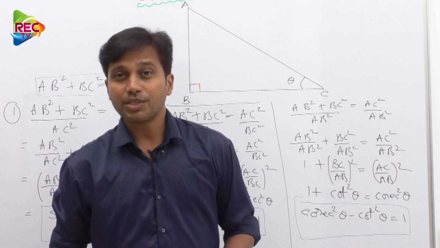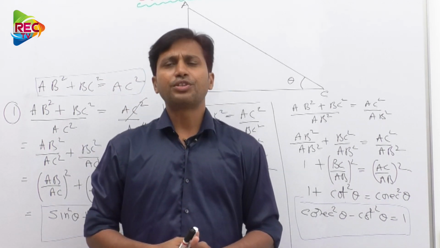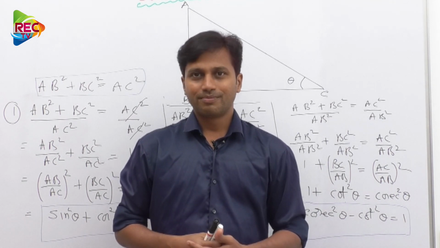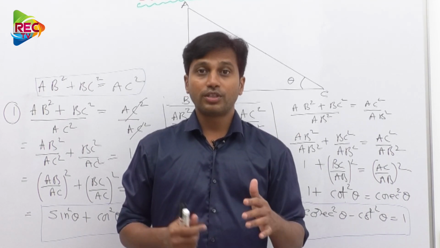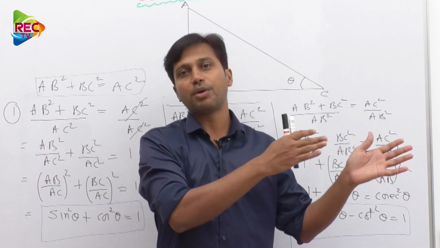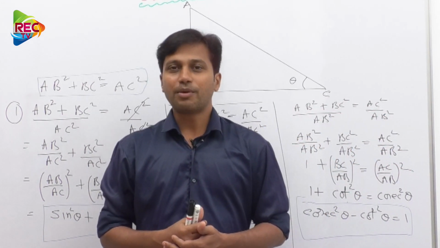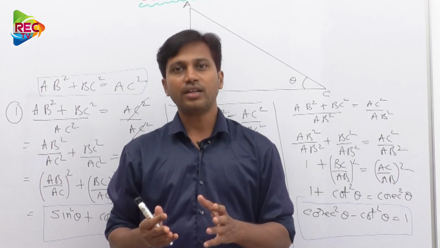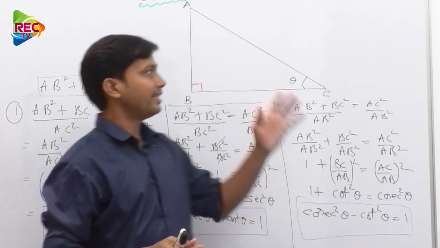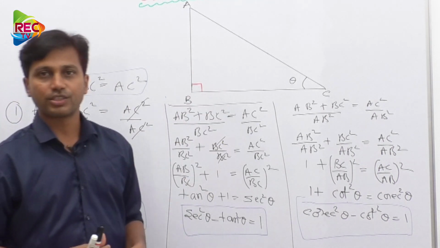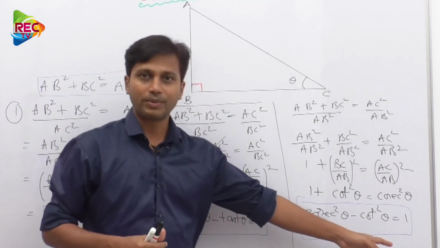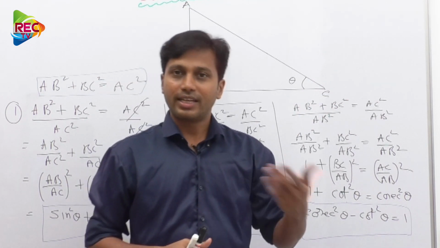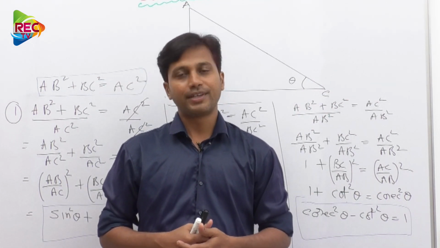If you want to know the concept behind this, you only need to convert it. You need to do the conversion for the Pythagoras theorem. Means for trigonometry also, these all originate from geometric relations. Actually trigonometry is not a complex thing. All the rules of trigonometry originate from geometry, and here the geometric principle is the Pythagoras theorem. From that these three relations are obtained. Using this we will solve exercises also in our next videos. So I hope you guys have understood this.